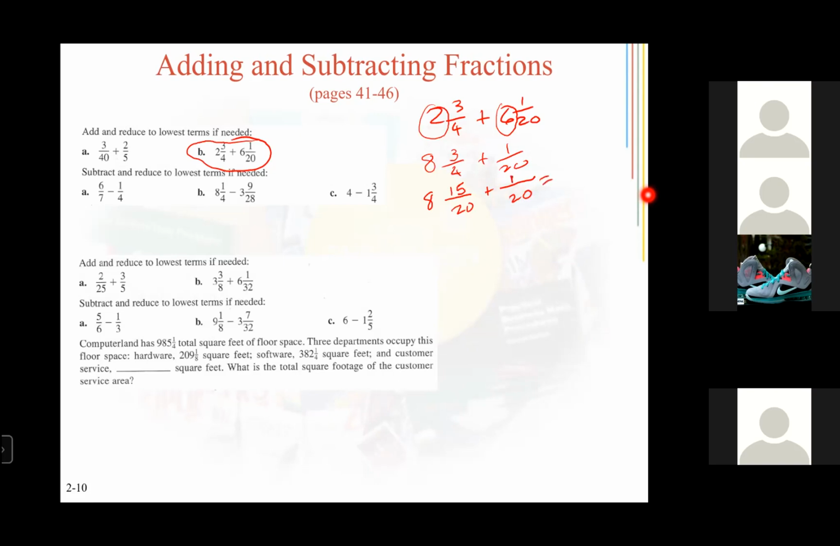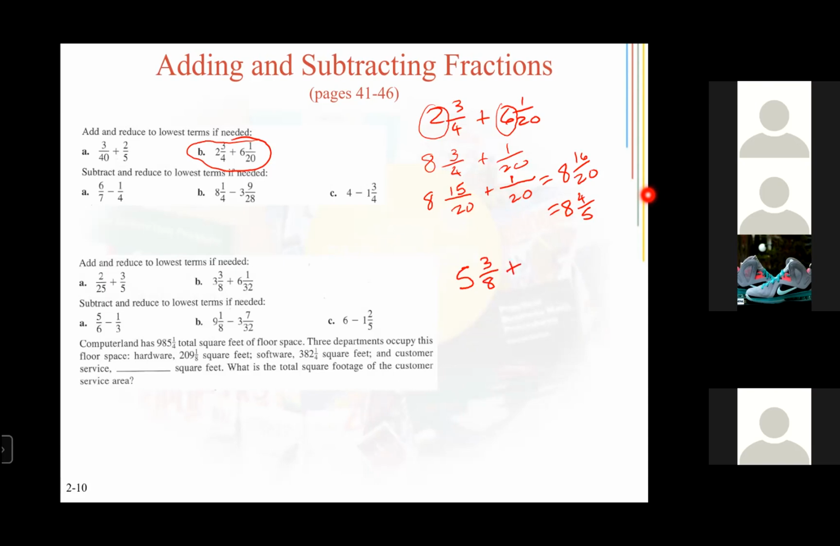So your answer then would be 8 and 16 over 20. Okay. And that 16 over 20 could be reduced to 4 fifths. 8 and 4 over 5. Okay. All right. Do this one. 5 and 3/8